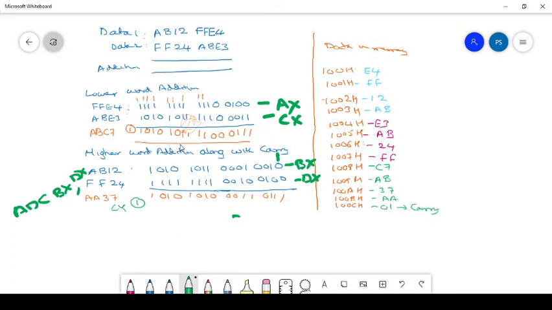After getting the result, that is C7AB, it is moved to the consecutive memory location. The higher words, which are stored in BX and DX, are added along with the carry generated from the lower word, and we got the result as AA37, which is stored in another consecutive memory location. The carry generated is stored in 100CH. So now we are verifying whether that is correct or not by using our MASM program.